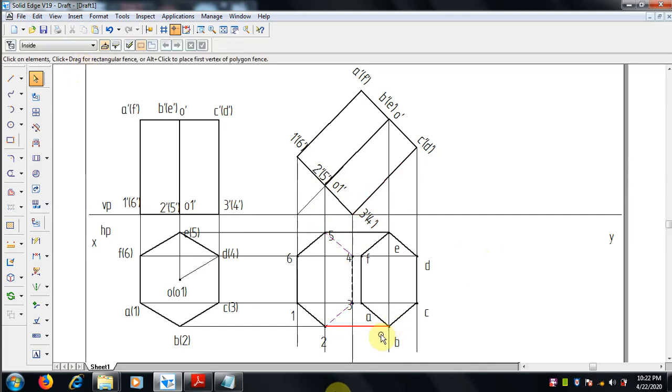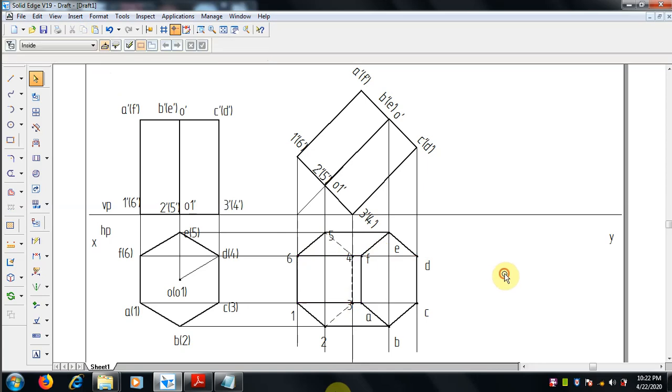So right, and now we can join which is visible line, we have to make it visible. So the edge 1 with A is visible and 2 with B is visible, 6 F is visible. These are all, select this and we can make